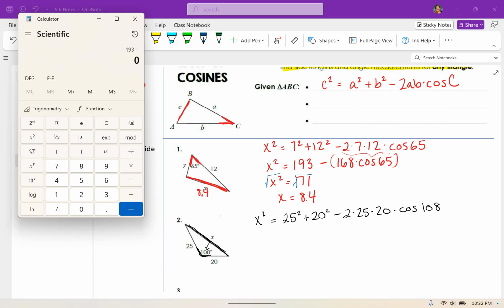So 25 squared plus 20 squared. I think I did something wrong. 25 squared plus 20 squared is 1025